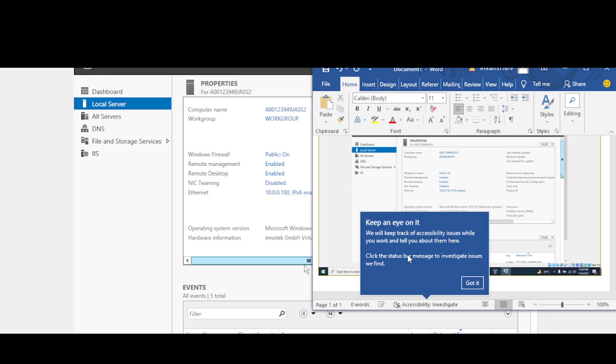So you're still on this page, right? You're going to type in there something. So you have installed the role using Server Manager. So using Server Manager, copy it, and you're going to do